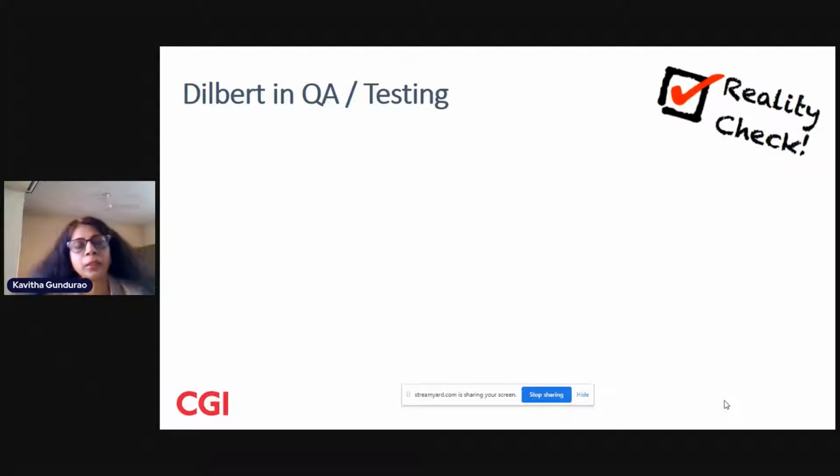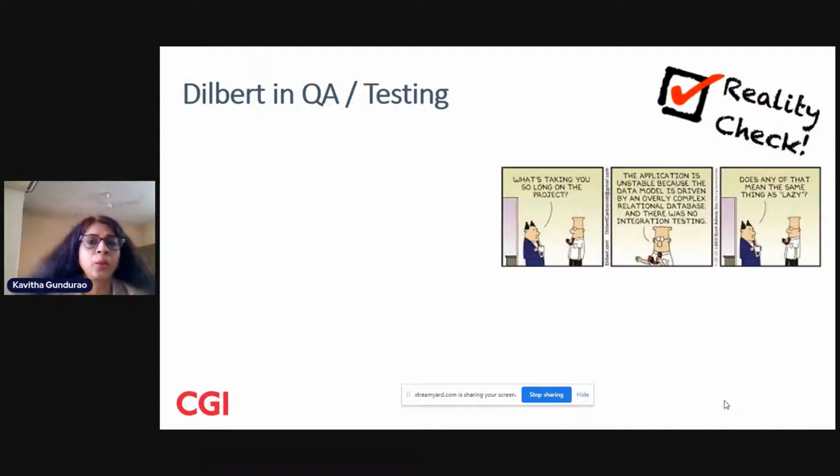Most often, QA and testing jobs are considered not so interesting, and it might be very easy. And most often, the QA budgets are also constrained, or actually being cut. We are hard pressed to deliver our testing artifacts, and test execution has to be done within a short span of time. So let's look at what's really happening in the industry, and take a look at the Dilbert scenarios here.